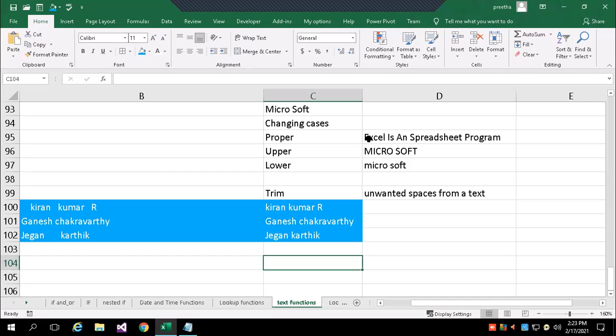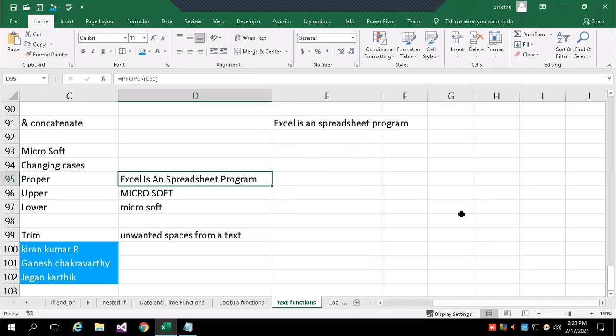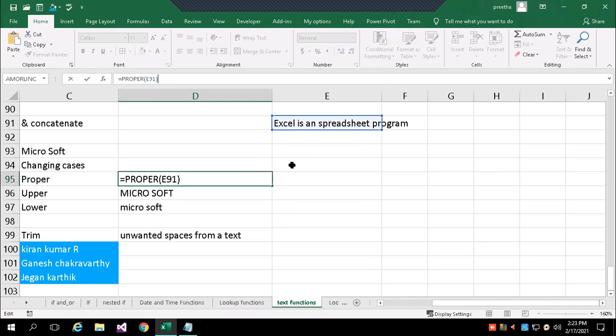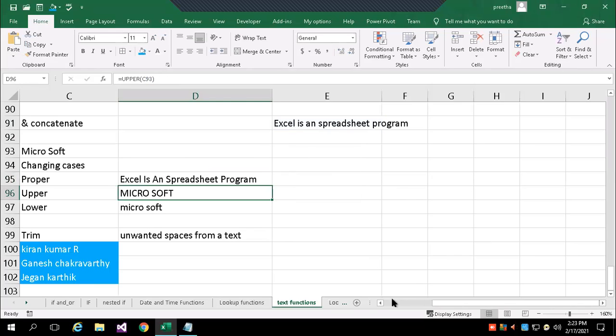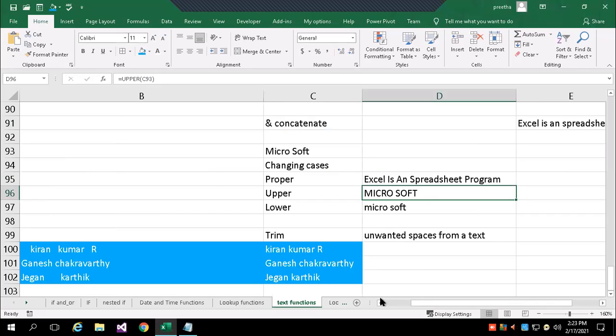You can see in "Excel is a spreadsheet program", exactly the first letter of every word is changed to capital. Your source data is here. This is where I have written this data, and I used it as a reference for this formula. It has converted and written that result to the current cell. In whichever cell you are writing, the output will be written back to that cell. That means you get the function result back.